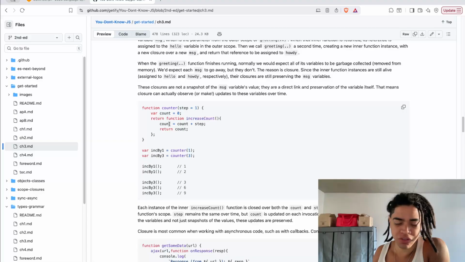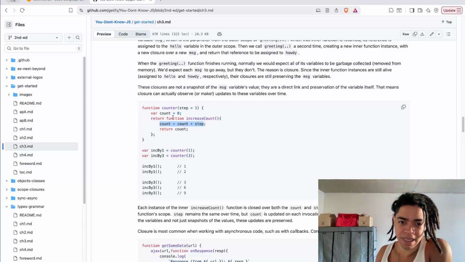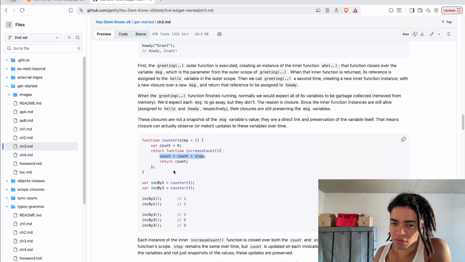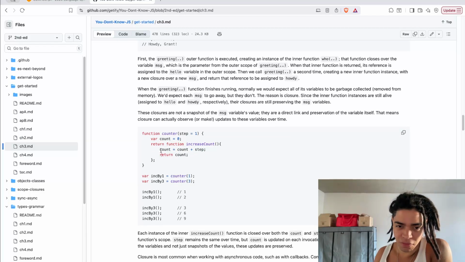but since this function now has access to these outer variables, it's going to hold those variables here. It's going to preserve those variables here, whether it's the step and the count. And in these functions, they can now have access to those variables from the outer scope,